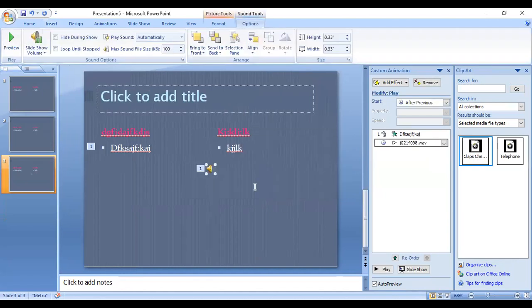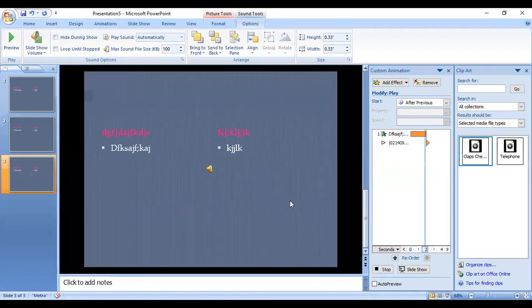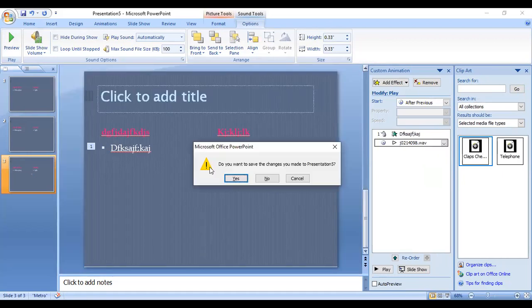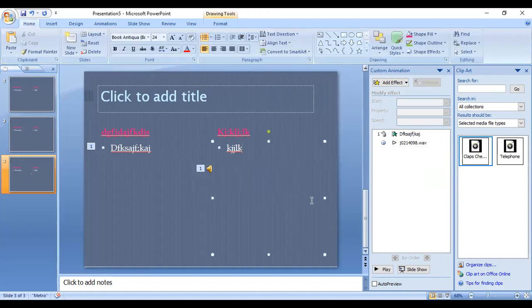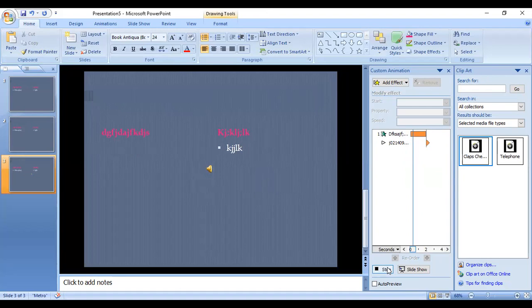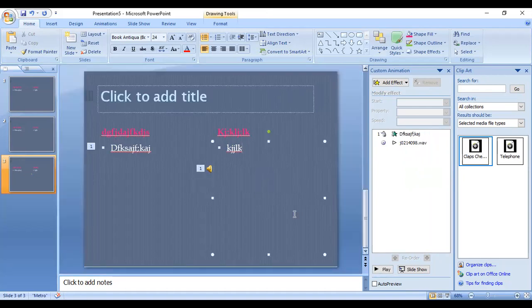You can check automatically. I have inserted sound, so I think it will play now. See, this way you can insert the sound in the PowerPoint presentation.